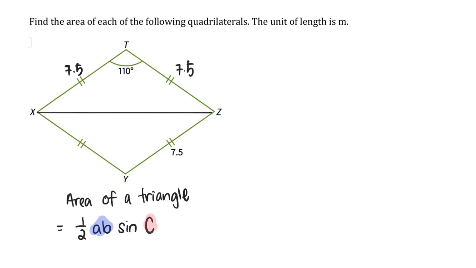The length that is given must make the angle C. Okay, it's not any other angle, it is this included angle that is made by the two lengths that we are using. And since we are able to get that configuration,